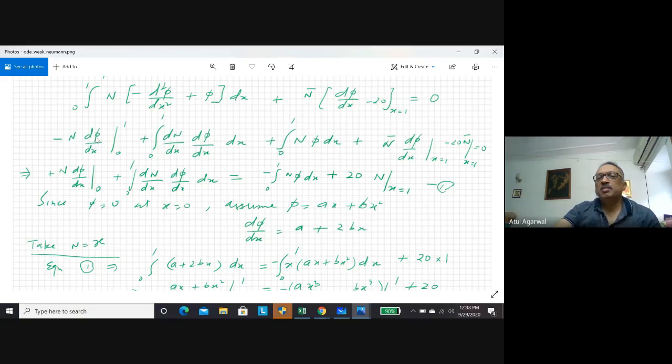This minus n d phi by dx at x equal to 1 can be cancelled by this term. If you take n bar as n, this goes away with this. So you're left with only the term at the point 0. This as such you take to the right hand side, and this as such goes to the right hand side. So this term got cancelled from this. We can always do this kind of a play. So this is called naturally getting the boundary condition satisfied.